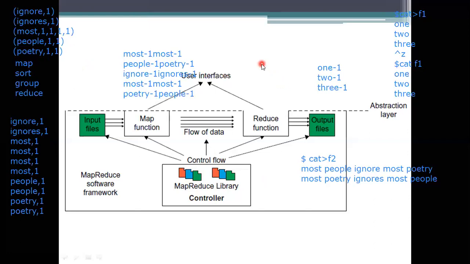So what will this reduce function do? First it will get the data from the sorted and then grouped elements, and it will sum up the count here. So if you consider the first element, ignore has been used as a single element, once only. So it does not need to be summed up. And then next we are taking ignores. So ignores will be one only, because it is not being used multiple times.